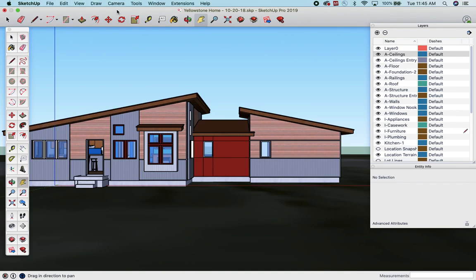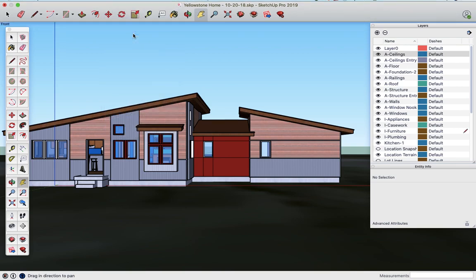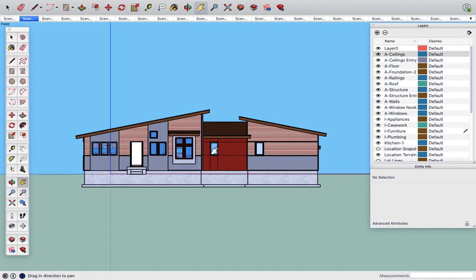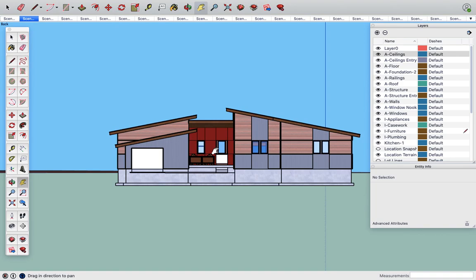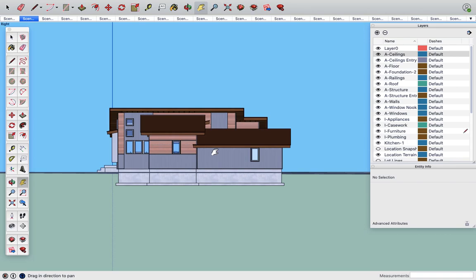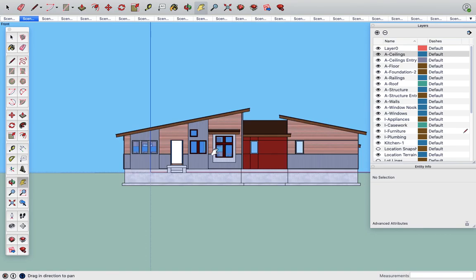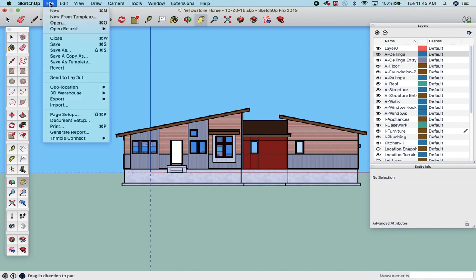So again, Camera, parallel projection. And I already know that I'm on command 3. If I hit command 4, I get the front view of this house. Command 5 is a side view. Command 6 is a different side view. So 3, 4, 5, and 6 are what you need. So that's the first thing you need to do. Then you go up to export